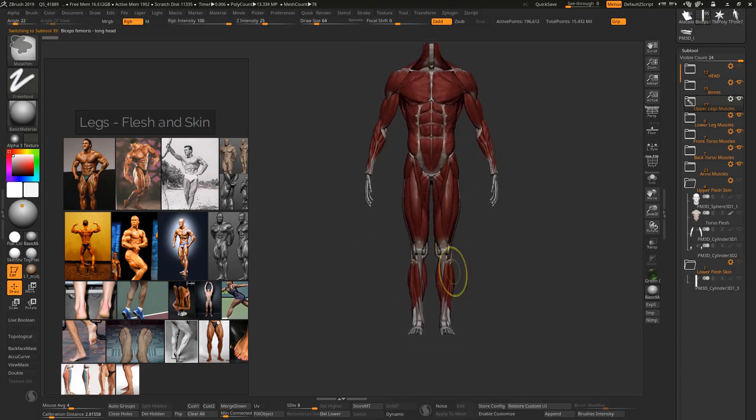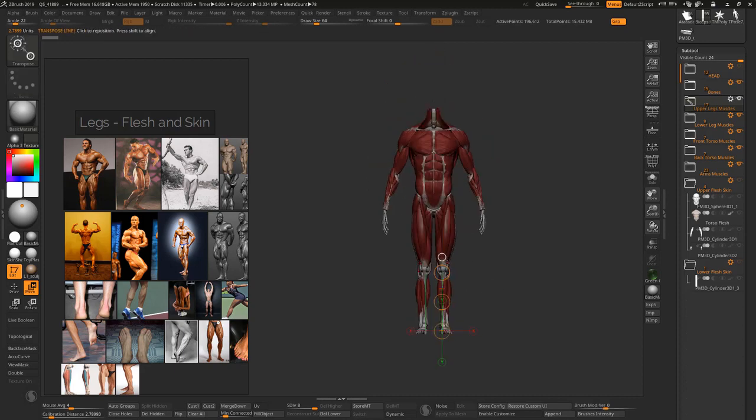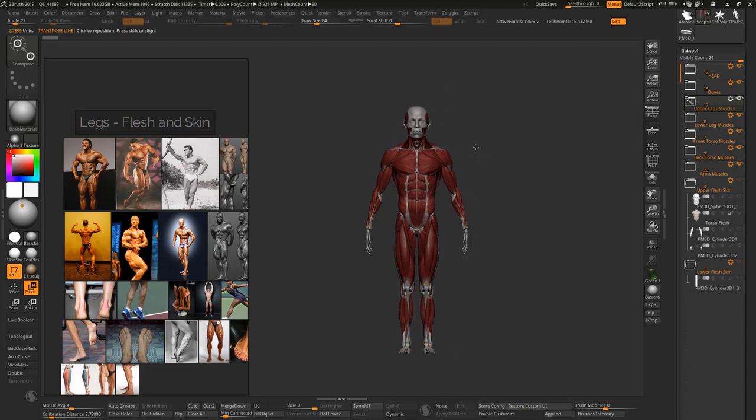Look, if I use my transpose line, the same distance from the knee to the pubis will be the same distance from the pubis to the line of nipples, and also the same distance from the knee to the feet. Right? So this is a nice measurement, and we can understand this measurement with that